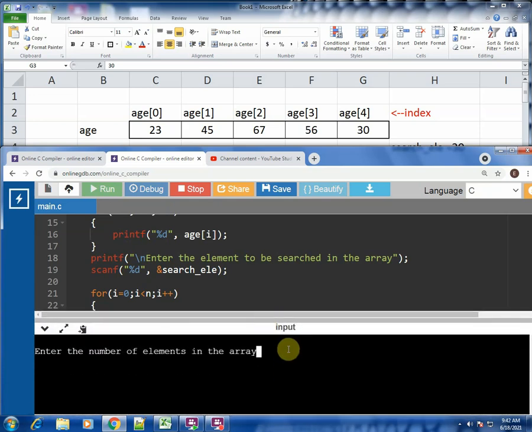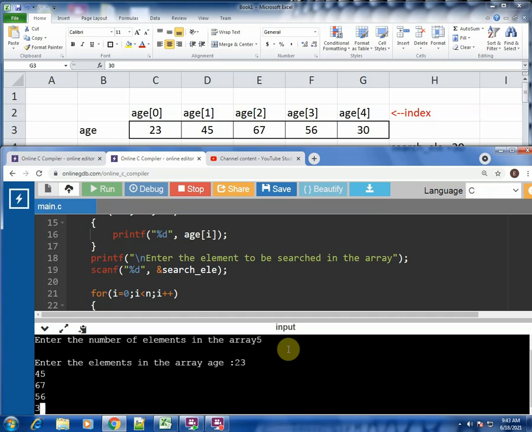First of all, the first thing asked was to enter the number of elements in the array. Suppose in my example the number of elements is 5. So 5 elements in the array. The first element in my example is 23, then 45, press enter, 67, press enter, 56, press enter, 30.